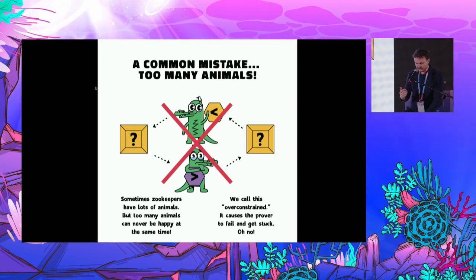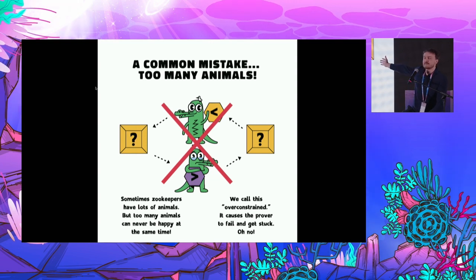This is what's actually called over-constraint. In this scenario, you cannot come up with the numbers that make all animals happy at the same time. Like, look at this example. What kind of values can you put here to make both crocodiles happy? Answer: you cannot. This is called over-constraints, and you will not be able to generate a proof for such an invalid